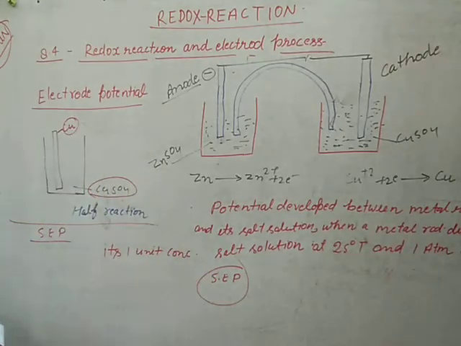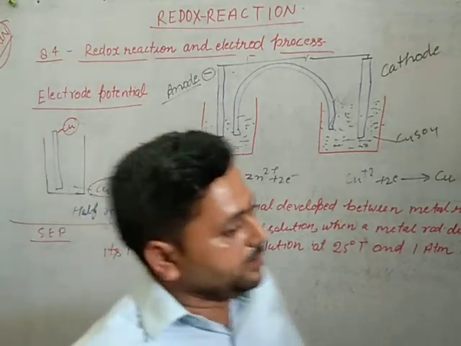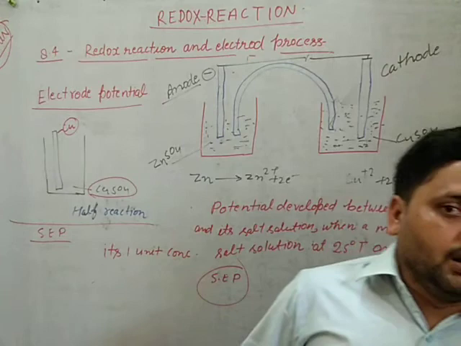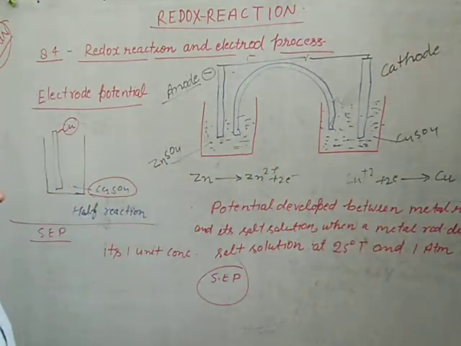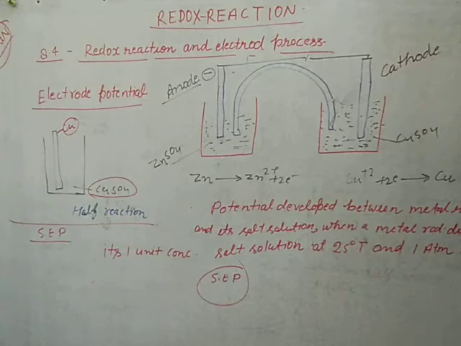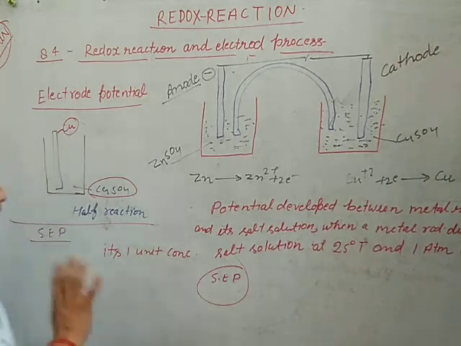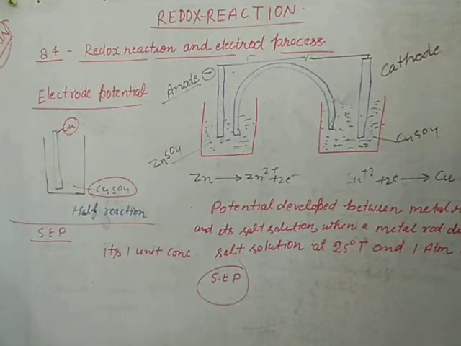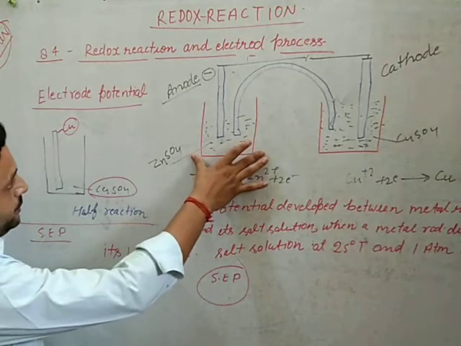And standard electrode potential is the potential developed when a metal rod is dipped in its 1 unit concentration salt solution at 25 degrees Celsius and 1 atmospheric pressure. And here, if we add a half electrode,